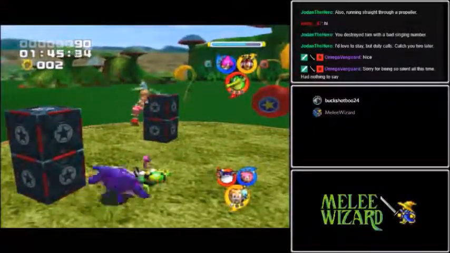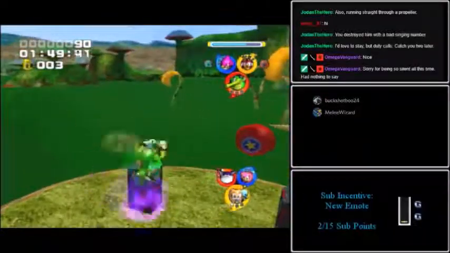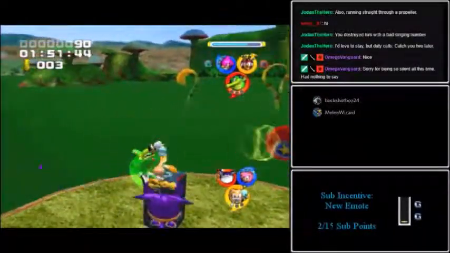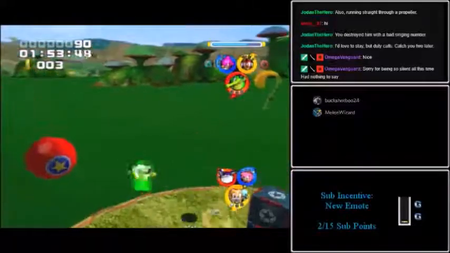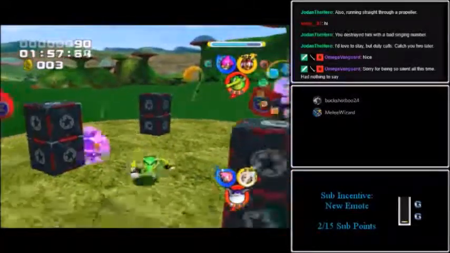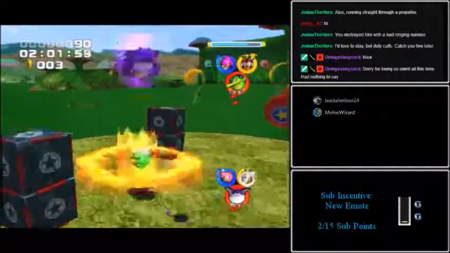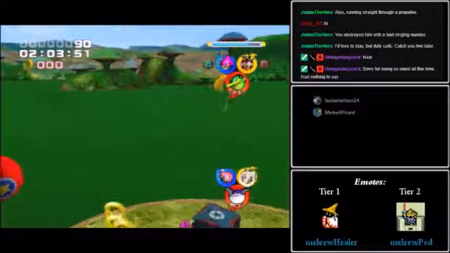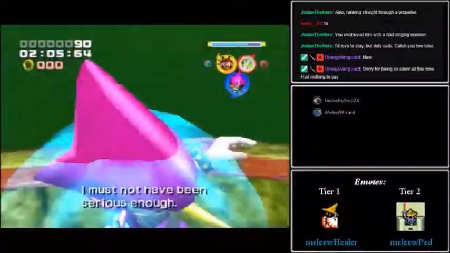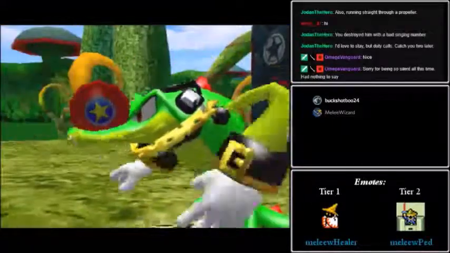I have no idea if they can even Team Blast twice. Well, Cream's gone. I must not be close enough. I think Power is weak to Fly, so...